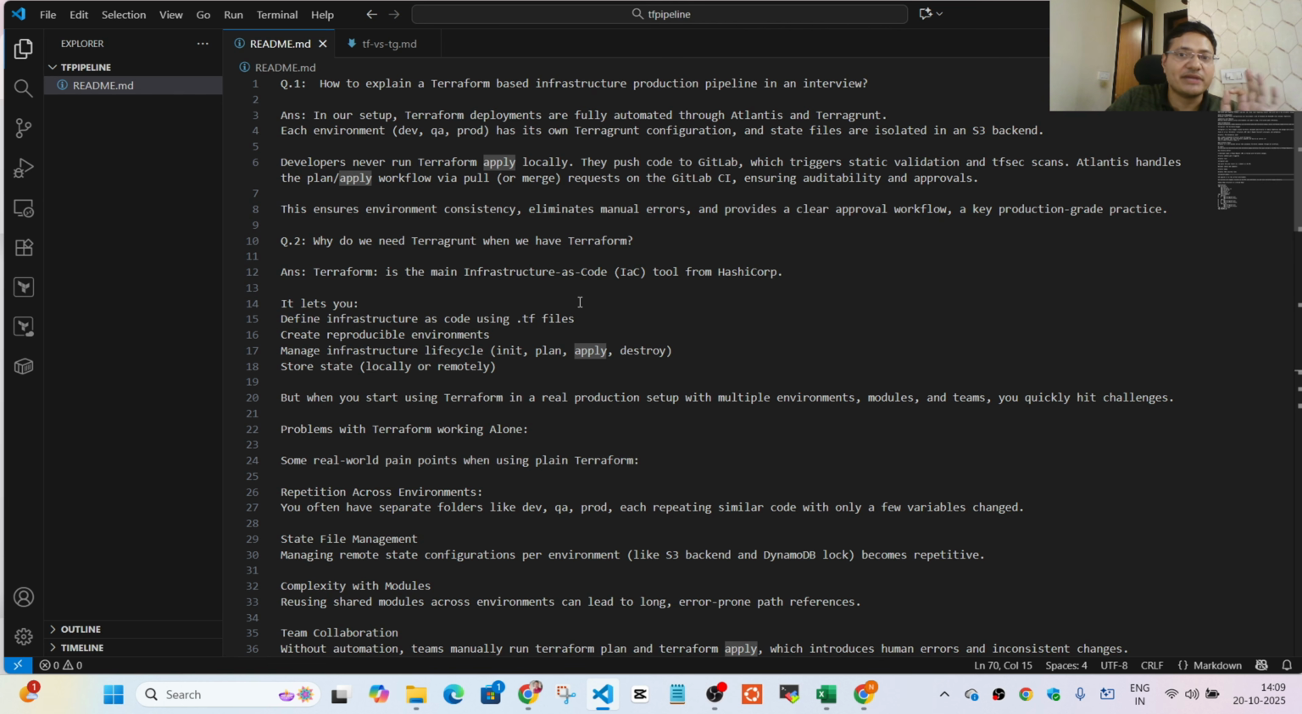Terraform is your main IaC tool, which is used to write TF files. We already know that. It lets you define your infrastructure as code. You can create reproducible environments as well. You can manage your infrastructure lifecycle using init, plan, apply, and destroy commands. You can store the state locally or remotely as well. But when it comes to a real-world production setup with multiple environments, multiple modules and teams, you quickly hit